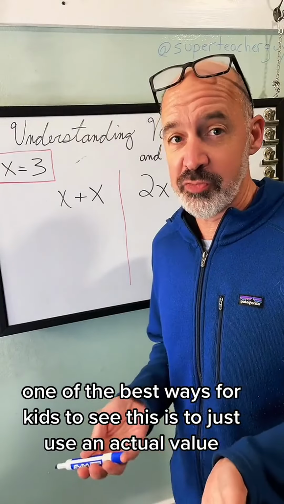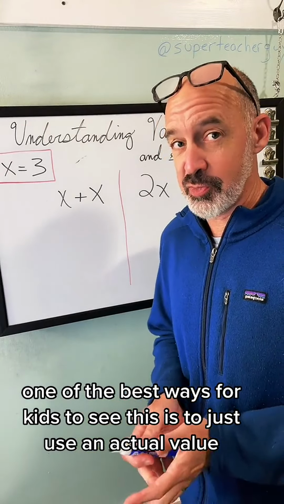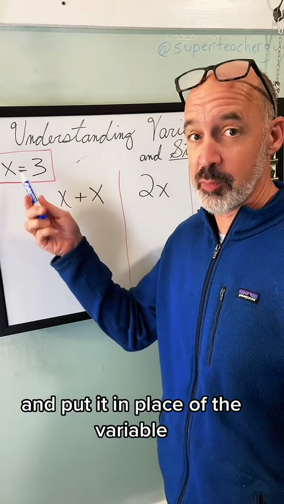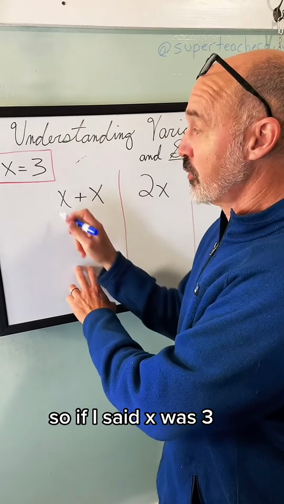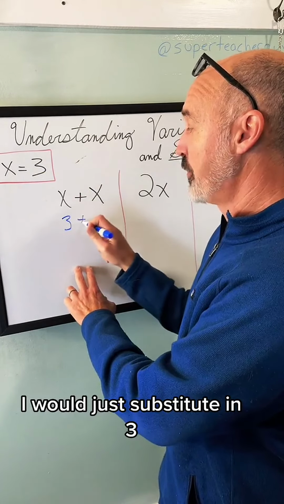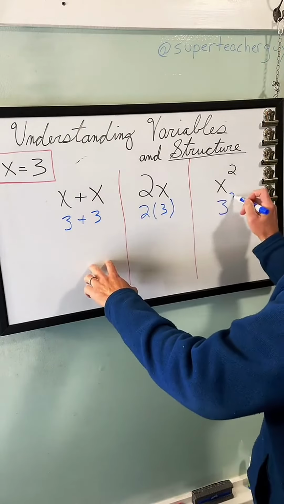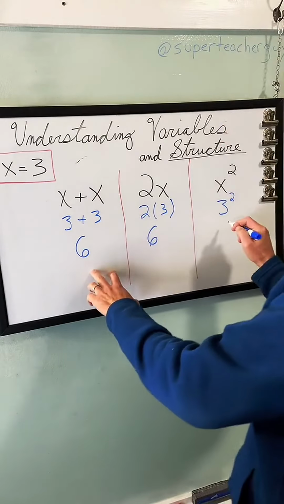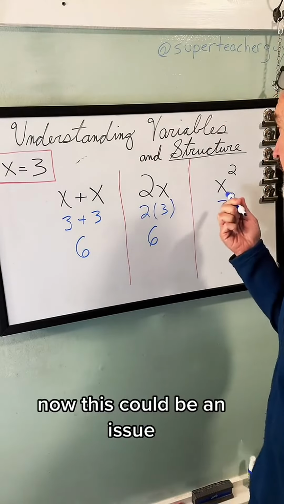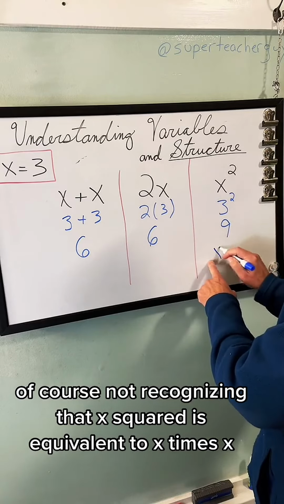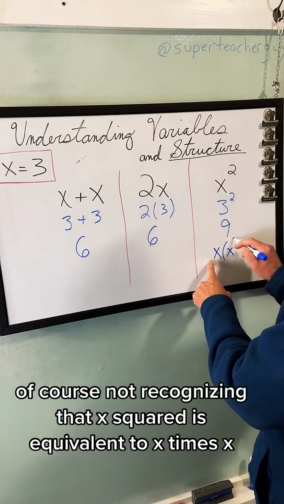One of the best ways for kids to see this is to just use an actual value and put it in place of the variable. So if I said x was 3, I would just substitute in 3. Now this could be an issue, of course, not recognizing that x squared is equivalent to x times x, but